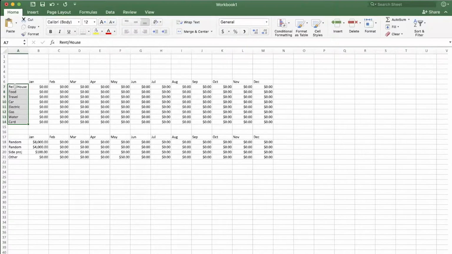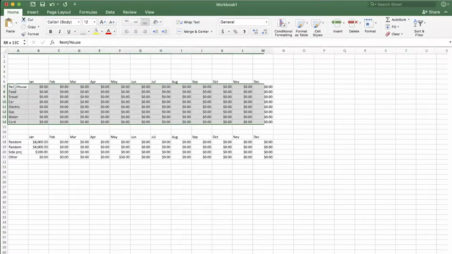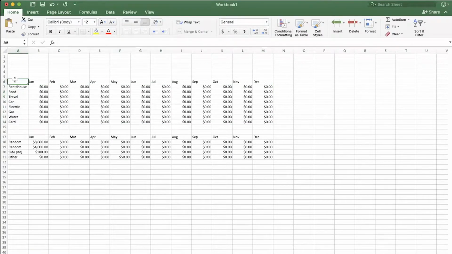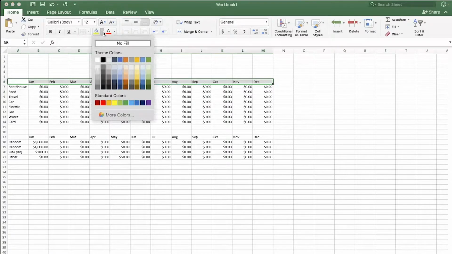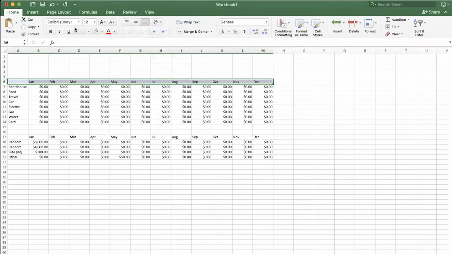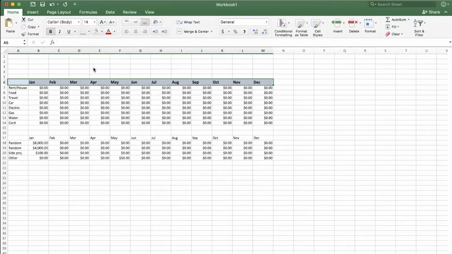So I'll hold down Command and Shift again, and I will go right, and notice it selects all of them to the right. So that's a nice quick way to select content if you want to use that. I used that to select that chunk of content, my months up there at the top. And I'm going to come up here where it says no fill currently. I've got a little yellow color there. And I will choose blue. And next to the blue, just to the left, I'll make that bold. And I'll make it a little bigger. I'll make it 14-point font, just to give it a little bit of a heading look.